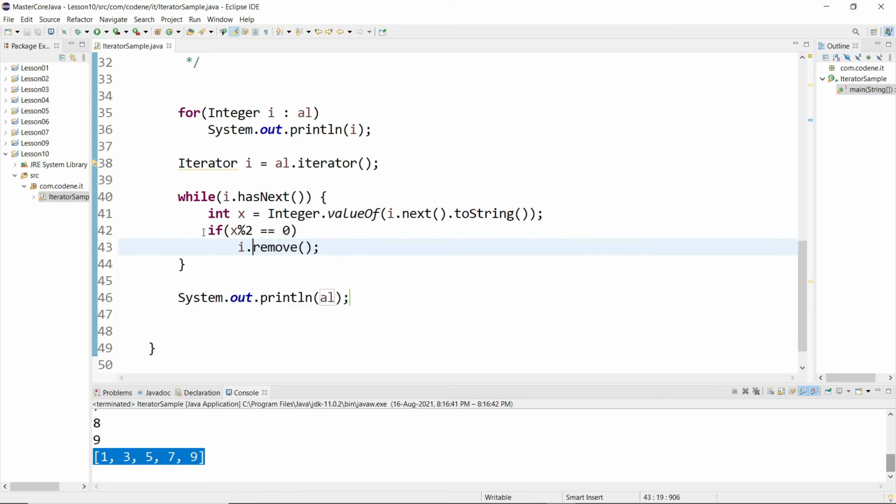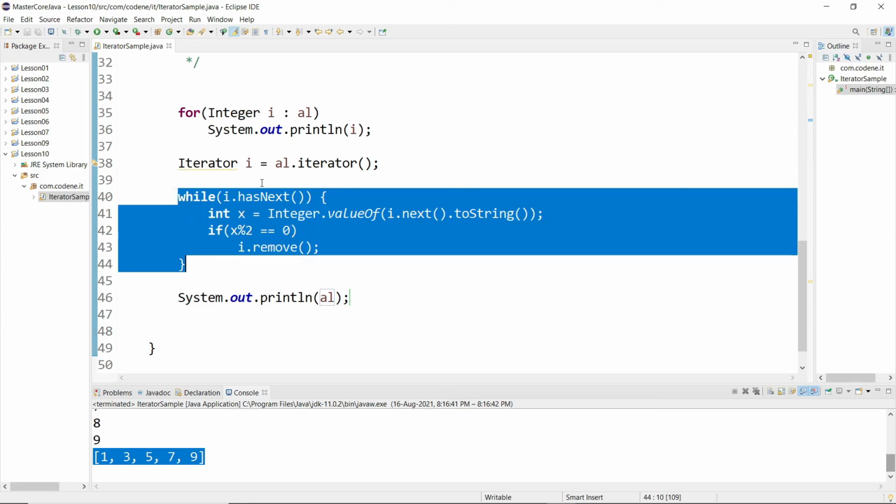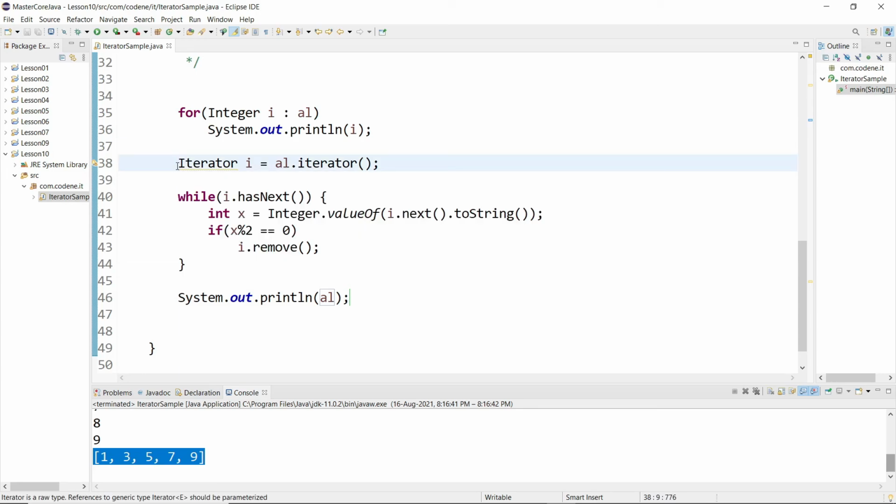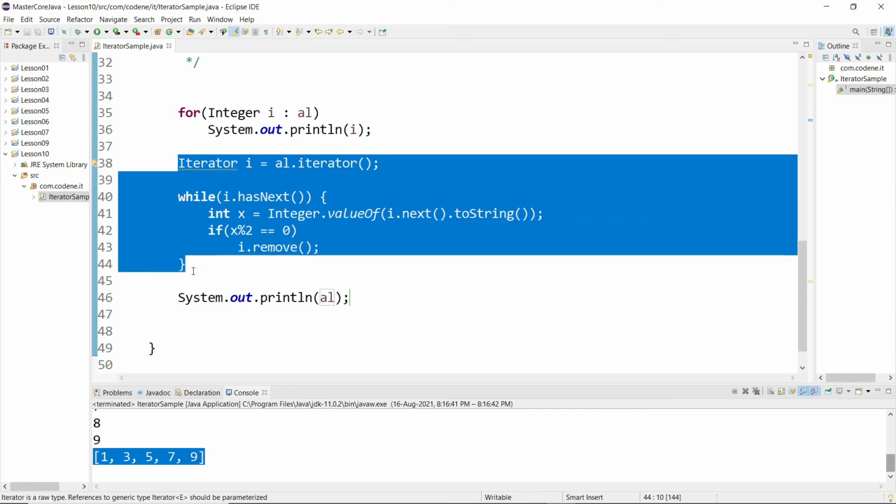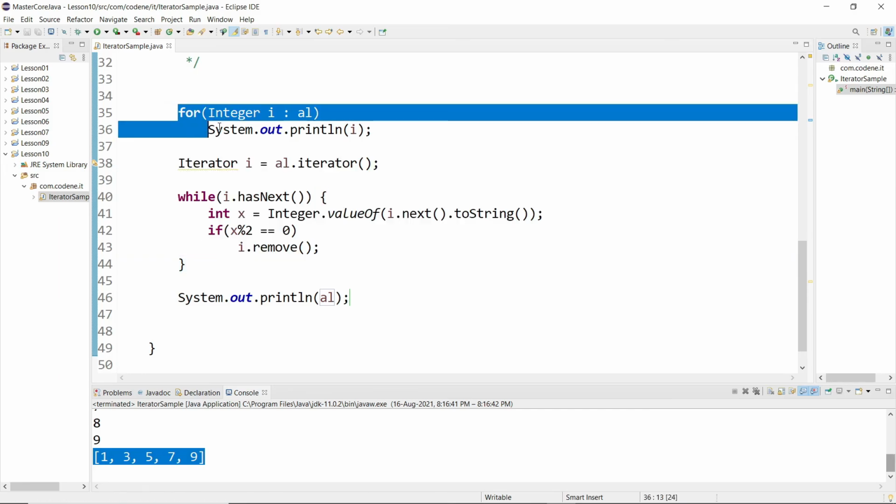Using some logic, you check the value and then remove that element from the array list. At that time you should use an iterator, but you may be noticing that the iterator is a little cluttered, like you have to declare the iterator, then call hasNext, and it is a very long procedure. So you should try to use the for each loop as much as possible and only use the iterator when it is absolutely necessary.